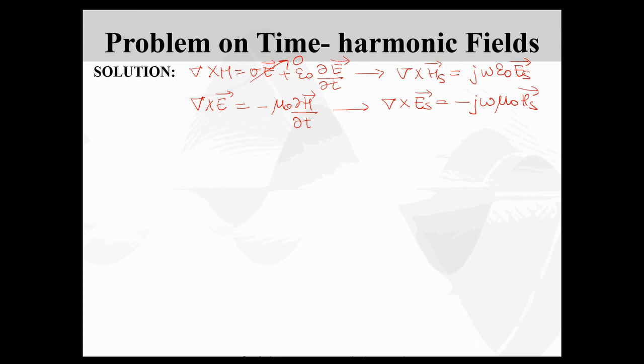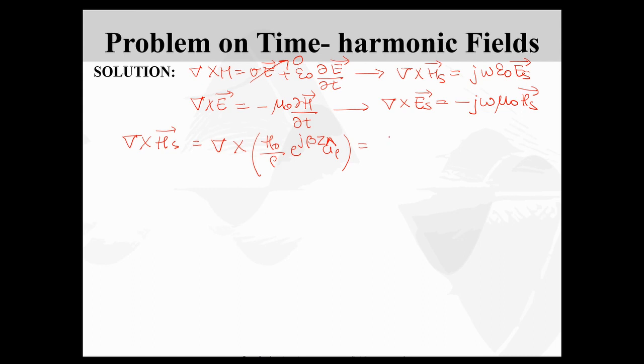By making use of Maxwell's equation for Ampere's circuital law, del cross Hs is equal to del cross of H naught by rho times e to the power j beta z times a rho cap, as we know what Hs is. We need to find the curl of this particular vector. How do we do that?